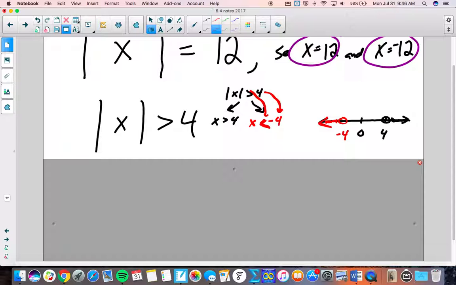Here's how I like to think about this situation. My distance from something, from La Crosse, is greater than some number. So let's pretend our distance has to be greater than 10 miles from La Crosse. So you would need to be, if you think about a map, you have to be at least 10 miles north of here, which is like Holman. You could be 10 miles south of here, which is like Stoddard. You could be 10 miles east of here, which is, I don't know, like Bangor. You could be 10 miles west of here, which is like La Crescent. If you need to be at least 10 miles away from La Crosse, you need to be at those cities or farther. It would actually create, if here's La Crosse,